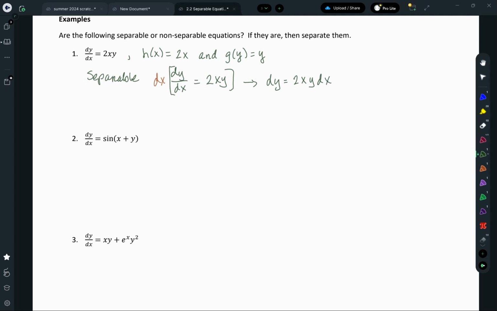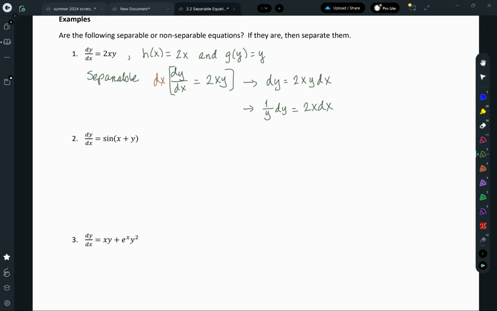That y on the right-hand side should not be there. I only want stuff with x on the right-hand side. Anything with a y, I want on the left-hand side with that dy. So I'll divide both sides by y, and then I have on the left 1 over y dy is equal to 2x dx. Now this is totally separated, and we could integrate both sides,